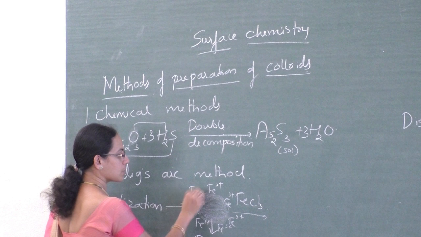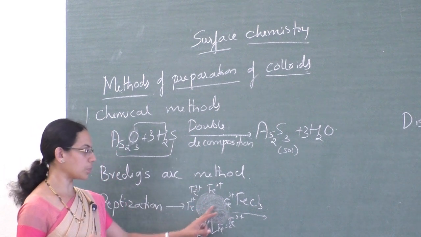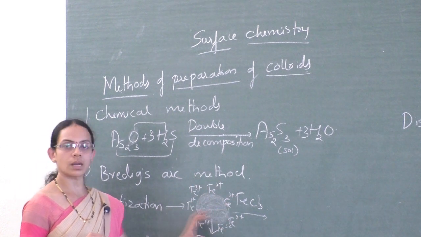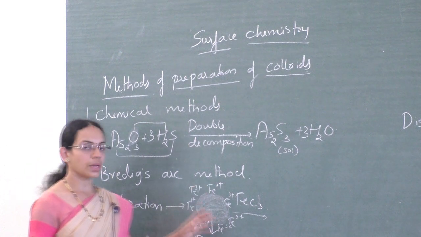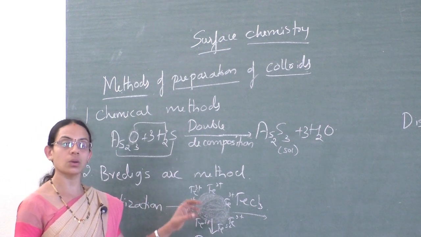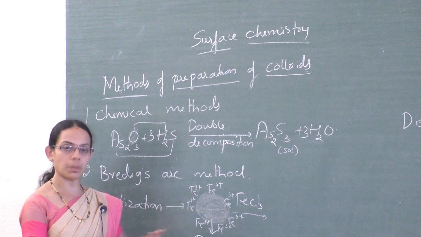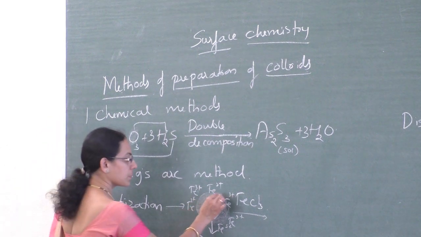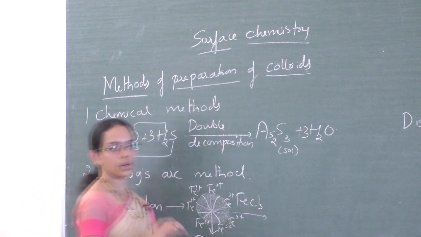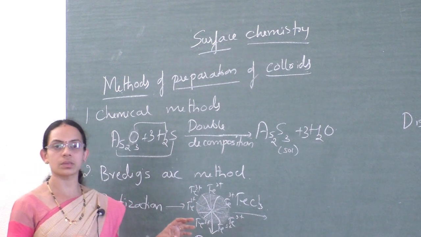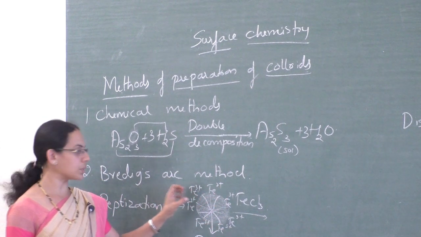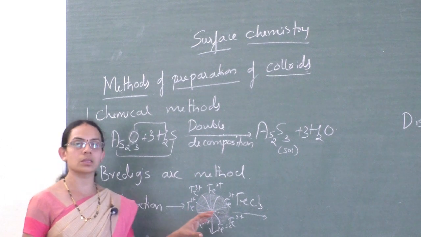And the adsorbed ion must be common, meaning it should be present in the electrolyte as well as in the precipitate. Once the ions are adsorbed on the surface of the precipitate, that precipitate breaks down into a number of particles having size in the colloidal range. As you know, like charges repel each other. Because of that repulsion, this precipitate breaks down into particles of colloidal range. It dissociates into a number of particles having size in the colloidal range. The size of this entire precipitate is large, but when it dissociates, it forms particles in the colloidal range.